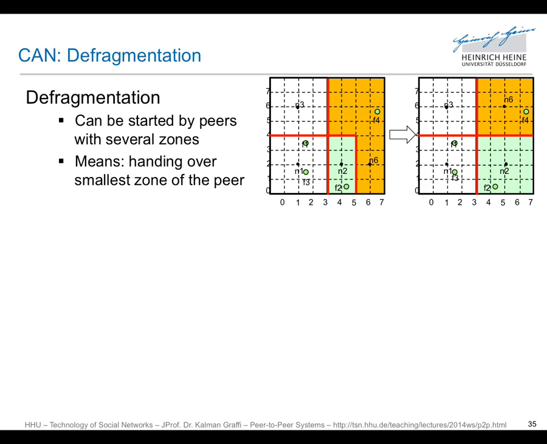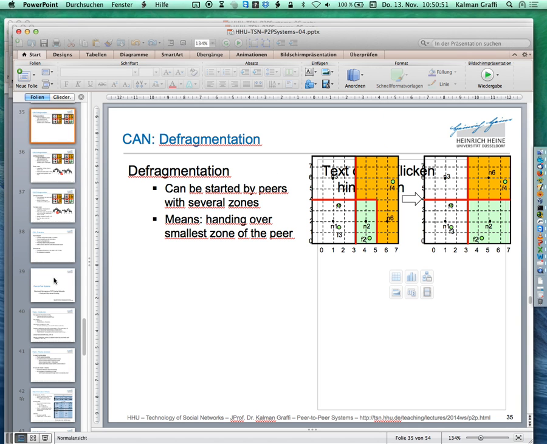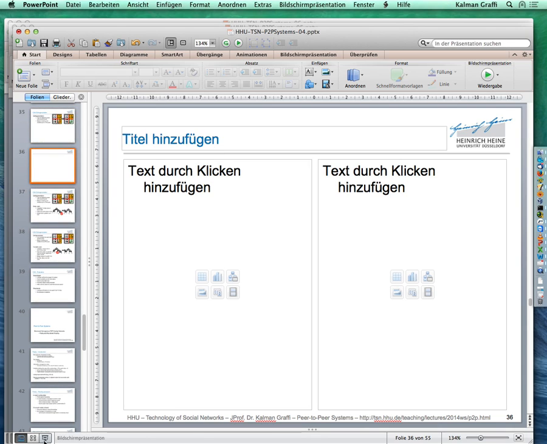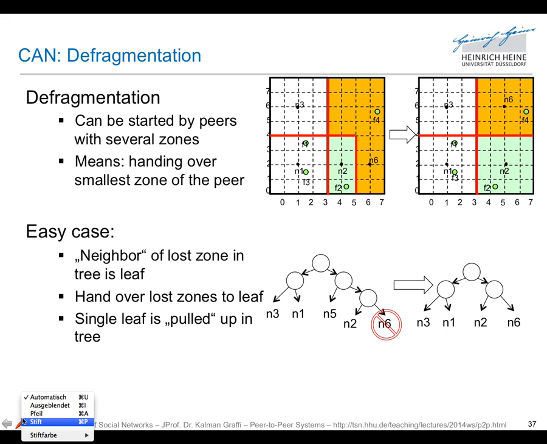So what should happen? So the easiest case is that not. So this is not the easier case. So the easier case, let's say if one of these inner nodes would fail, where you have a direct neighbor on the same level of the tree. So if I would just create the drawing for it, one moment, then it's a little bit more clear. So if you have an inner tree which is,